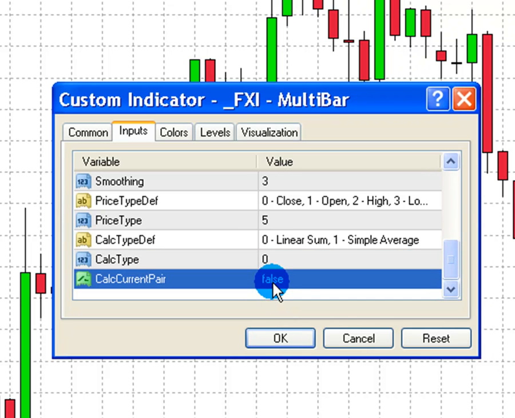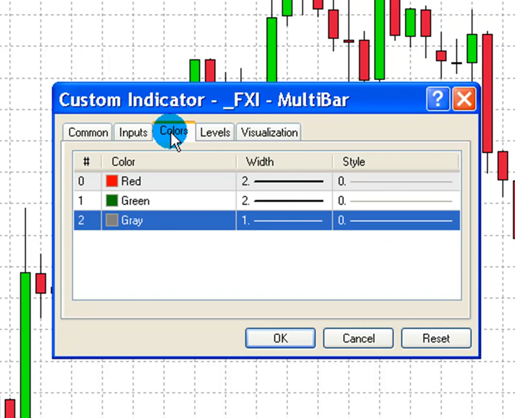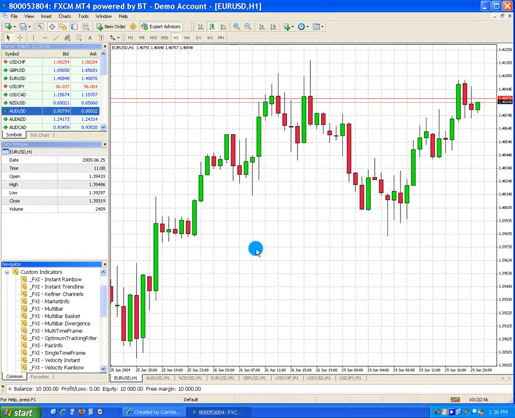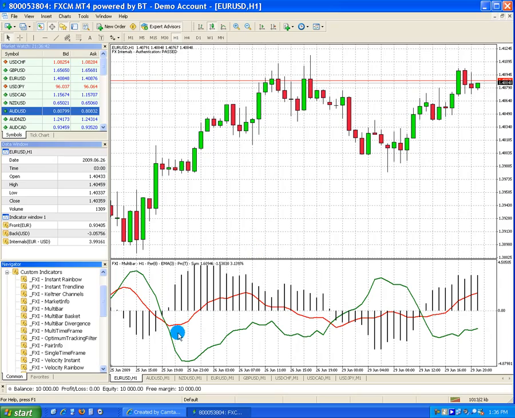Calc current pair is false, meaning that we do not include the strength of the euro versus the dollar and the strength of the dollar against the euro. This way we get a measurement that's completely unrelated to the euro dollar itself. Some people might like to include that. We just have that defaulted to false. Just to make sure we can see what we're looking at, especially on white backgrounds, we're just going to change this histogram measure to black, and you'll see what I mean in a second. So we're now going to hit OK, and it's going to go look at the internal strength on everything, and we get a nice little